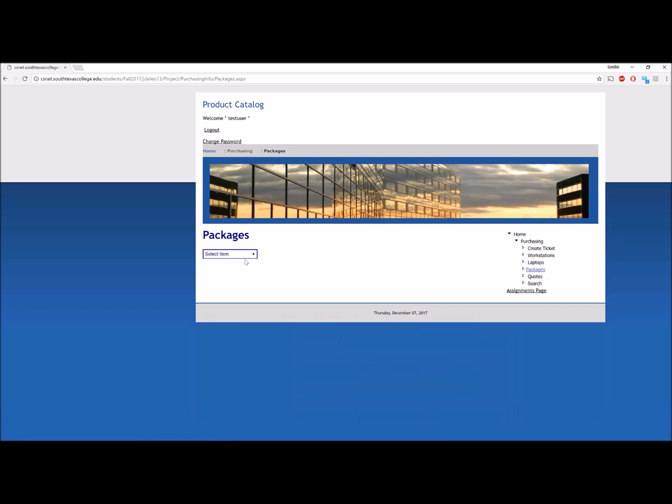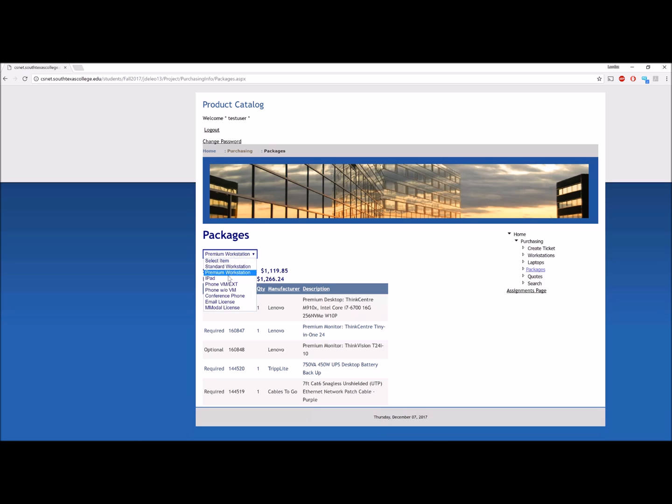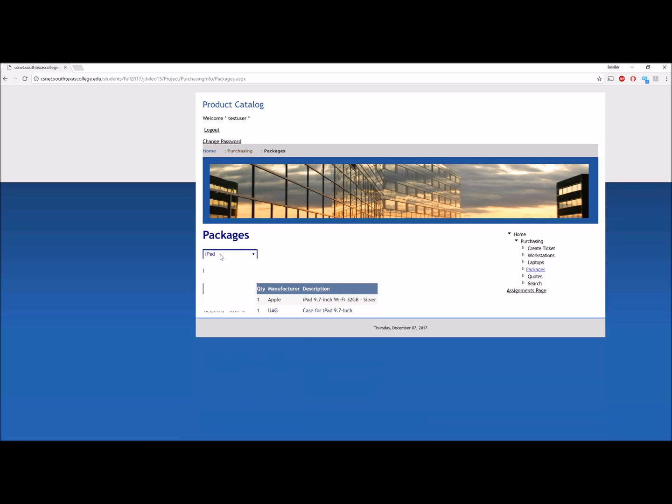Alright, let's check the packages. On packages, we can use a drop-down list, and I'll search our database. So let's do it with a standard workstation. Anything that has a standard classification will pop up here. So here we have 2 labels. We have the label for the title, and we have a label for the price. And they differ when we change the